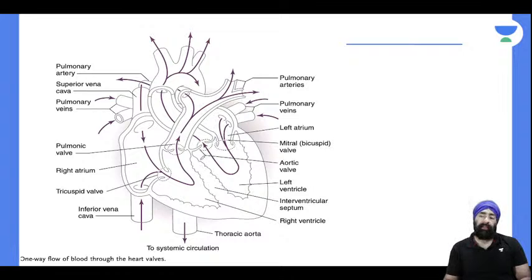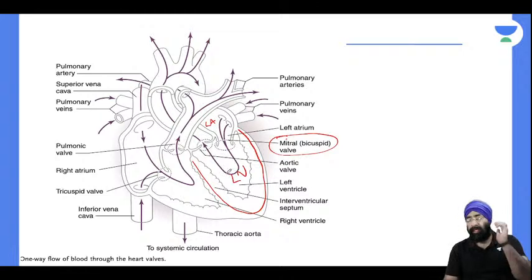So as we know, the heart has a left side, the left ventricle. There is a left atrium, which is basically here, and this valve between the left atrium and the left ventricle is called the mitral valve because it's bicuspid. तो यहाँ से यहाँ पर हार्ट जाता, blood जाता है, which comes through the pulmonary veins into the left atrium, coming into the left ventricle, then it goes into the aorta, and in while going to the aorta में